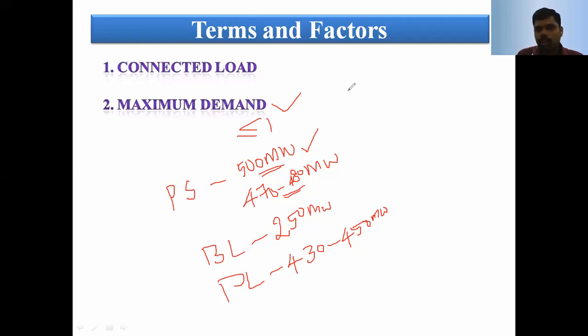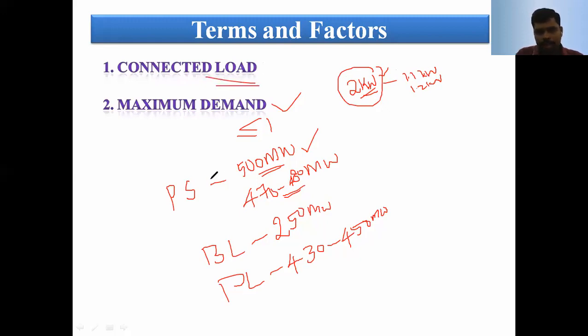For example, take one consumer who has taken 2 kilowatt, that is 2000 watt. The 2 kilowatt is the connected load, which covers all the appliances they use in their home. This is an example. But the consumer's maximum demand is 1.1 or 1.2 kilowatt, at most 1.4 or 1.5 kilowatt. They never utilize the full 2 kilowatt, but they are connected for a 2 kilowatt load.